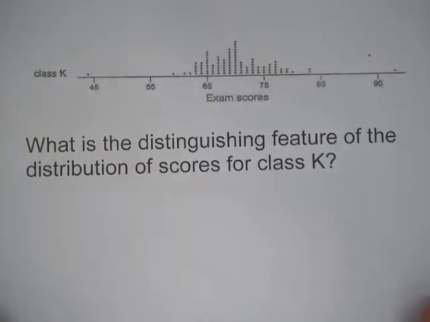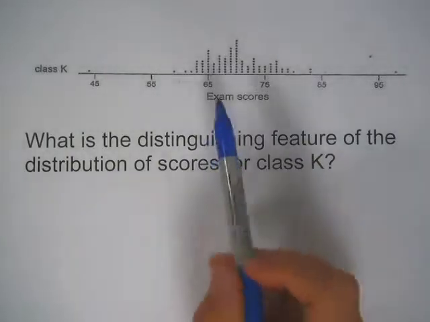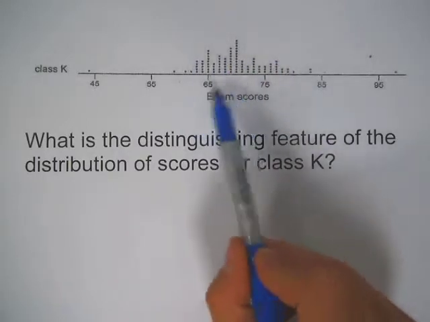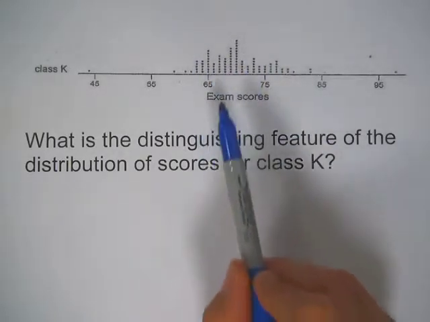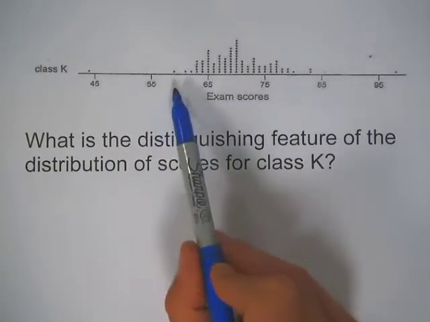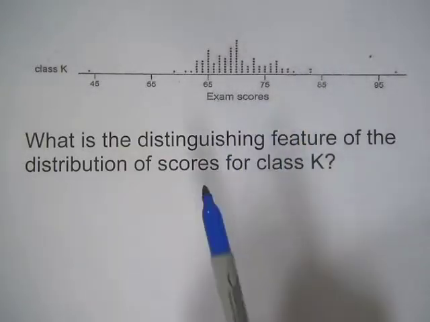Okay, one last dot plot. Now we're not comparing this one to anything. We're just taking a look at the distribution on its own. It says, what's the distinguishing feature of the distribution of scores for class K? Now if we think about center, spread, and shape, the center is somewhere between 65 and 75. There's not a lot of spread. It's between about 60 and 80, similar to some of the other classes. I would say the distinguishing feature